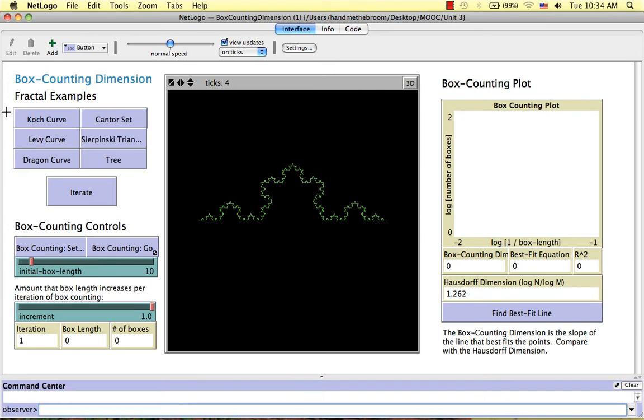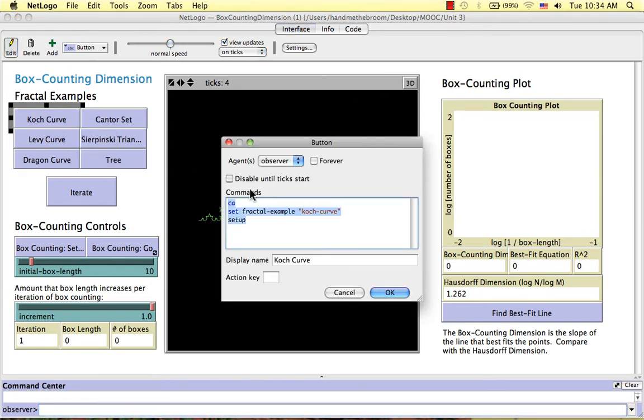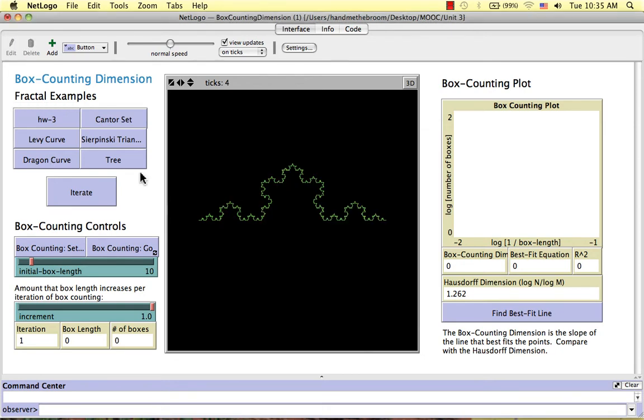So I'm going to drag the cursor across the button labeled Koch curve, then right click and go to edit. And then we'll change the display name Koch curve to HW-3 for homework 3. And we also need to change this line, set fractal example, to be, instead of Koch curve, HW3. Make sure you save the parentheses, HW-3, and then press OK. Now we have a button set up for our homework shape,